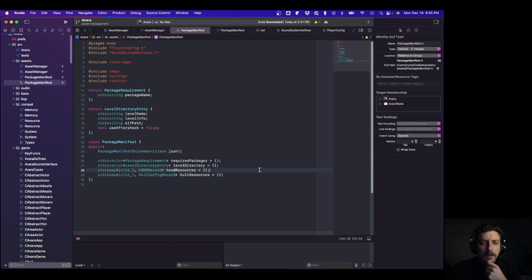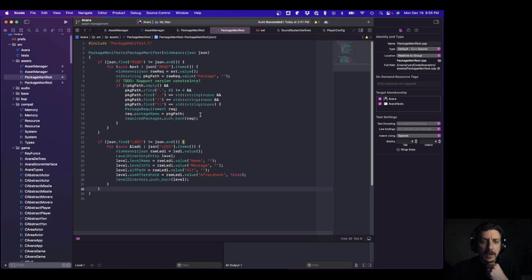So I'm currently working on extracting these because I've already got code in place for converting JSON into package requirements and level directories here. So